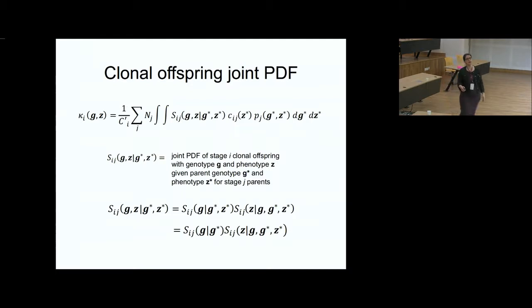And we can separate that out into two parts, one for the genotype and one for the phenotype. And in general here, this is the distribution of genotype, and here we have the genotype in the parent and the phenotype in the parent. And as long as you assume that there's not transgenerational epigenetic effects, genotype shouldn't depend directly on phenotype, right? It should depend on genotype. I mean, it will indirectly. So we're going to go ahead and drop that and do it like this. Okay.